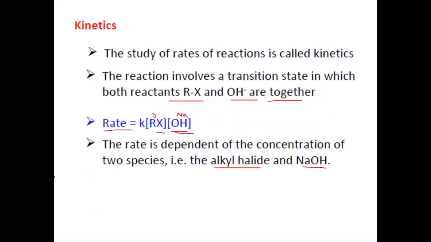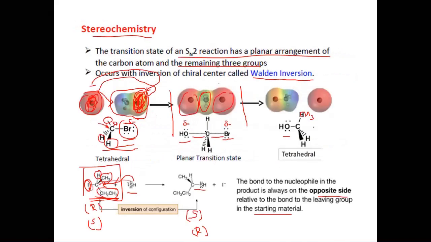Some points you need to remember: what type of substrate, what type of alkyl halides, and that the rate of reaction depends on both the substrate and the concentration of the nucleophile. Then transition state formation is the intermediate step, and in the transition state the carbon has a pentacoordinate state, and a partial negative charge occurs on the nucleophile as well as on the leaving group. This is a planar transition state, and the nucleophile prefers to attack from the opposite side from where the leaving group leaves. And if you are taking an optically active substrate, then inversion